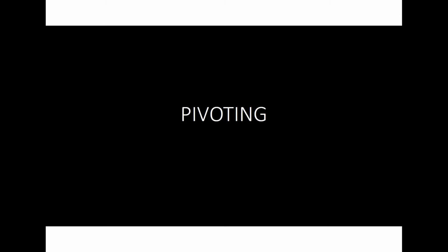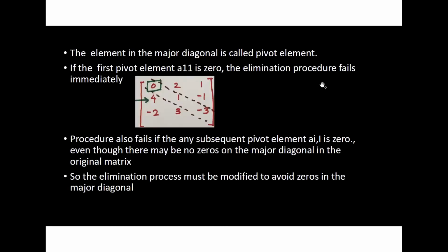So let us see. I am briefly revising what we mean by the pivot element and why so much emphasis is given to it. In the assignment, I gave you two last examples where you were supposed to solve those examples using pivoting, and then I told you to keep them on hold because we are going to discuss something more about it.